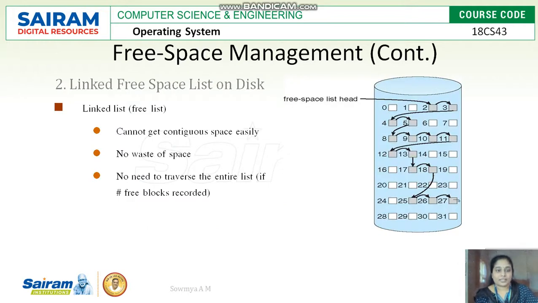Free space management can be done with one more method called linked free space, where you will again have a linked list. All the free spaces will be linked to one another. If you go to free space 2, then it will have the link address to the next block which is free. No need to traverse the entire list. You can find each free frame. No waste of space is required, like keeping one free space list and keeping track of each frame.